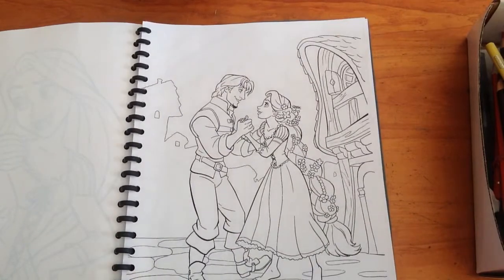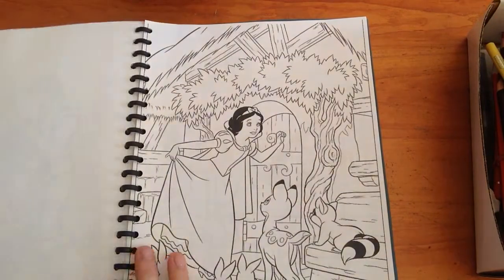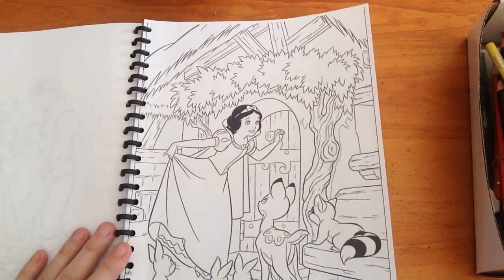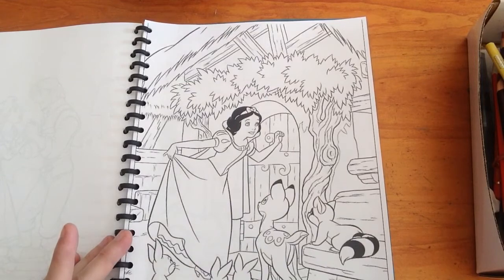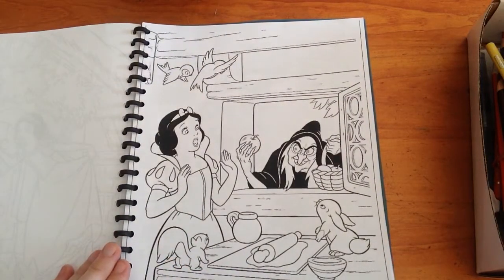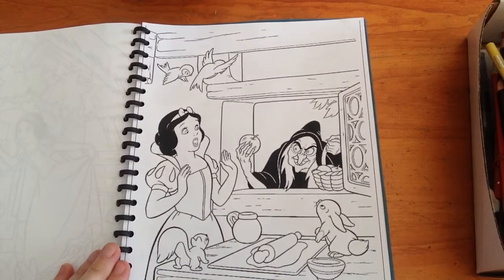So we have Tangled, of course, is my first two. Then I found Snow White, because I really do love Snow White images. This is so gorgeous. Now this here is what you would expect in a colouring book. I mean, that picture's just gorgeous. This one as well, I really loved. This one here, you can see where I got it from. It was